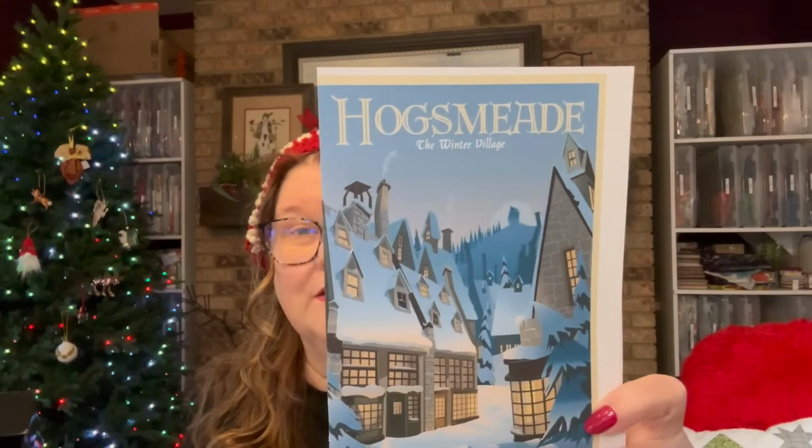Like this is body butter, and I can't, my glasses aren't, I don't know. Anyway, trust me, it's all Harry Potter stuff. It's Hogsmeade. I absolutely love it. There's probably 10 things in here. It's crazy. Thank you, Zia. Thank you, thank you. Now it will be super cute the next time it snows. Maybe if I start getting stern with it, it will just do it. So,